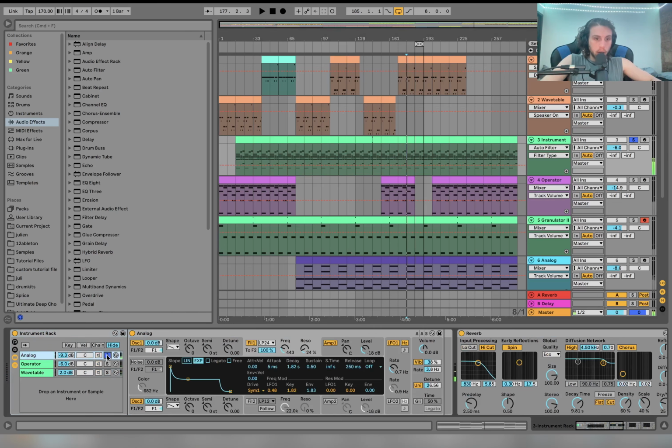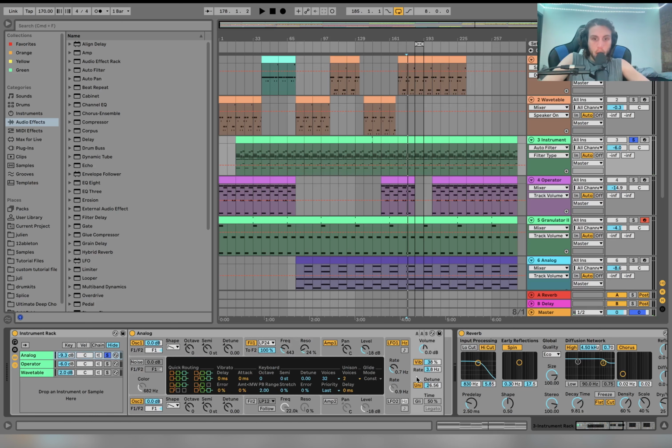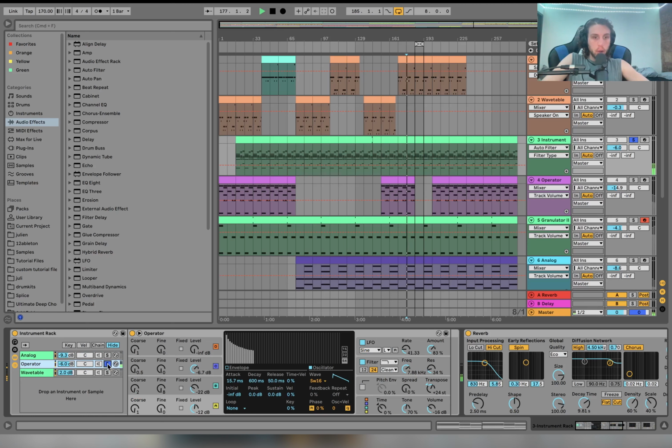So, for the first one here, it's analog. So you hear that in the whole mix, right? That's just two saw waves with a low pass, with a bit of key tracking, a bit of an envelope, and also a little bit of an LFO. We've got a bit of vibrato and unison. Then for the second layer,